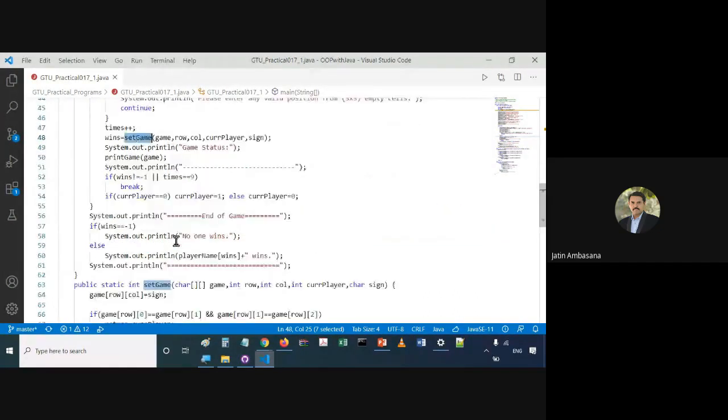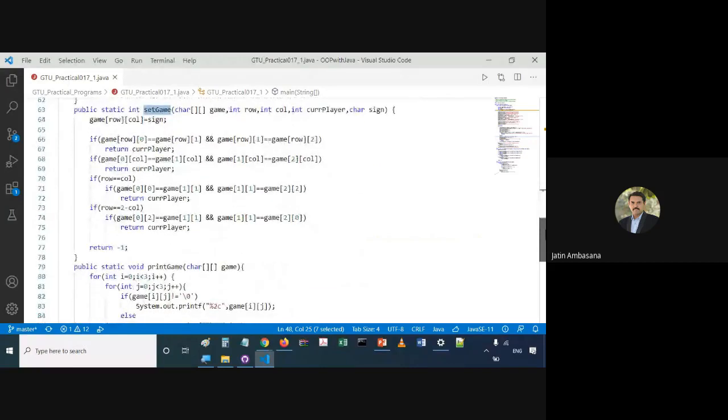So when this set game method is called, check this out. What does it do? Suppose this is the matrix. The location is something like this.